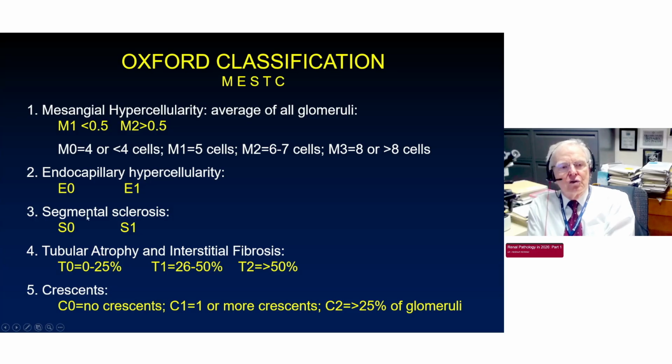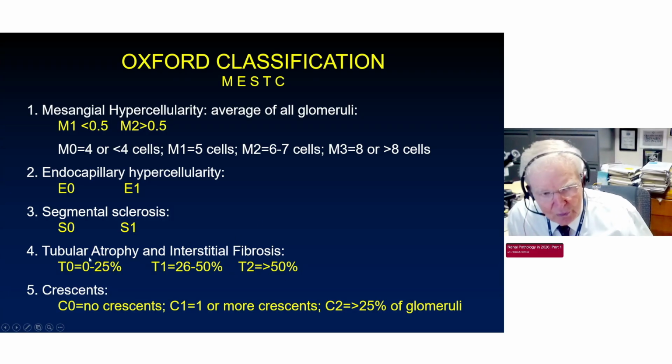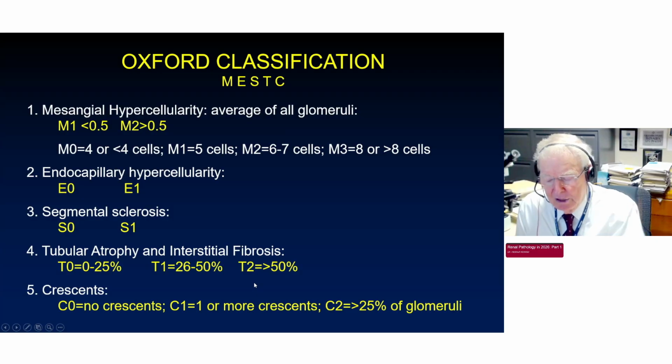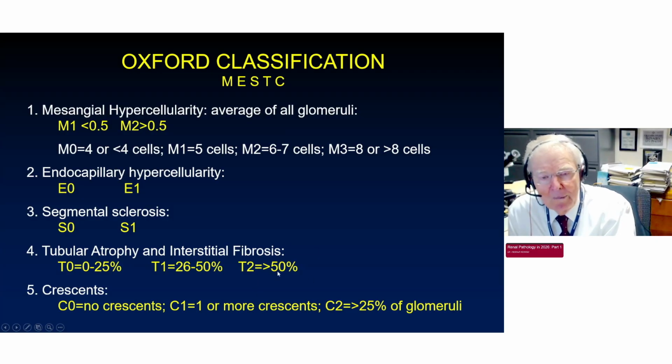The segmental sclerosis usually denotes already some chronic lesions, and therefore it's important to notice whether the patient has segmental sclerosis, which is usual segmental scarring. The degree of tubular atrophy and interstitial fibrosis is very important because the more IFTA you have, the more tubular atrophy and interstitial fibrosis, the worse is the prognosis, of course, because the patient has more advanced disease at the